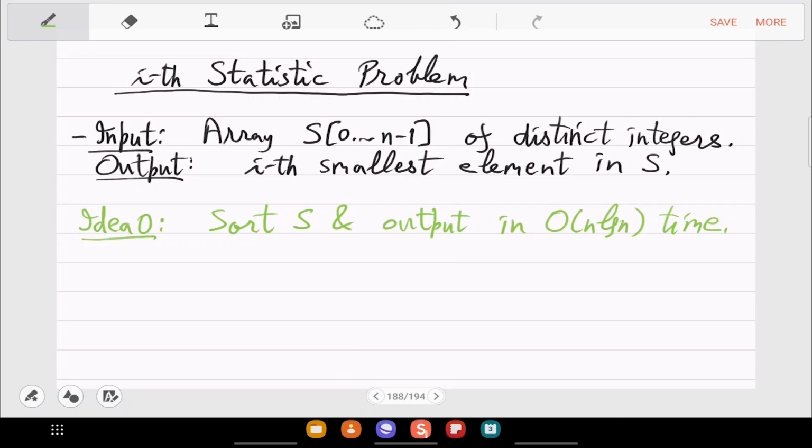You want to save even on the factor of log n, which sometimes can be a big saving. So you want to do it faster. And in fact, ultimately, we want to do it in linear time, which is the demand which seems impossible to meet. Can you solve this in time order n?